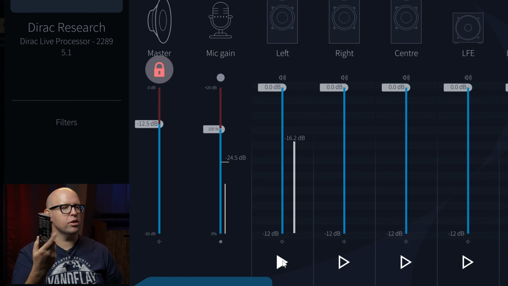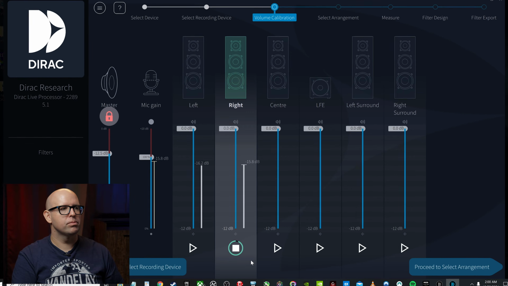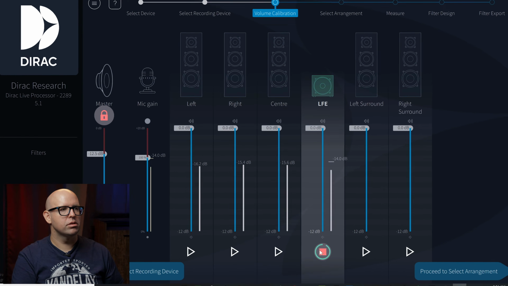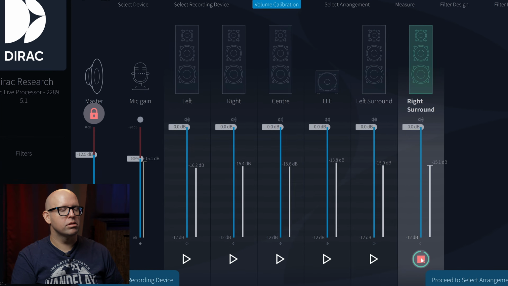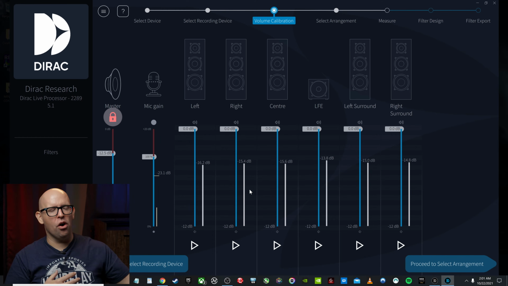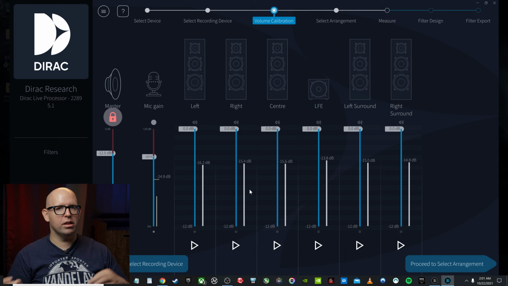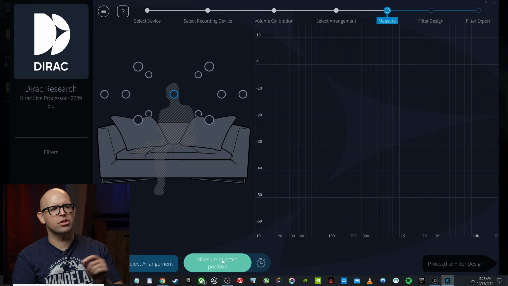So I'm just adjusting the overall volume on the remote. Now you'll see that I have that set up. I'll play these other ones real quick just to show you they're all around the same volume. Okay, so as you can see, they're all registering around the same volume, give or take. Again, not really too important because Dirac is going to take all of the measurements and then determine a level based upon all the measurements taken. Like I said, if things are too loud or too low, it will let you know. So I'm going to run through this little section real quick, and then I'm going to take the first measurement and you'll see exactly what I'm talking about.